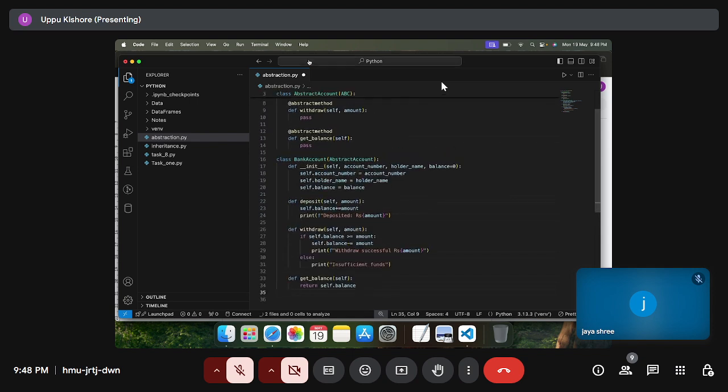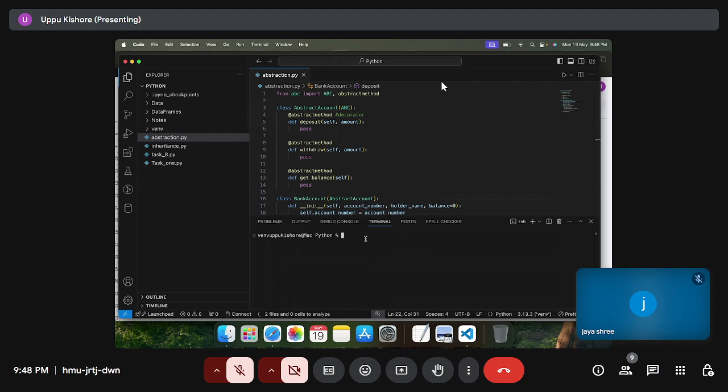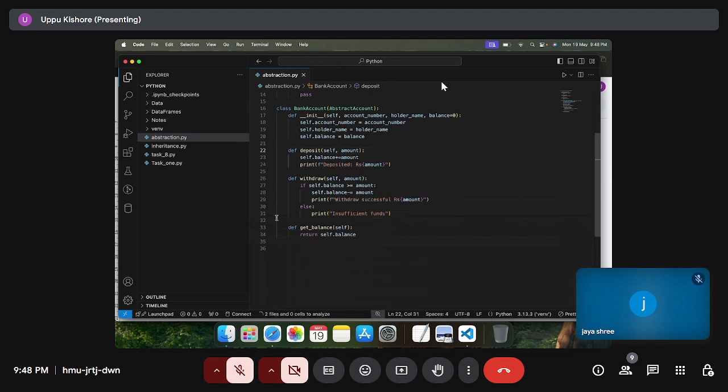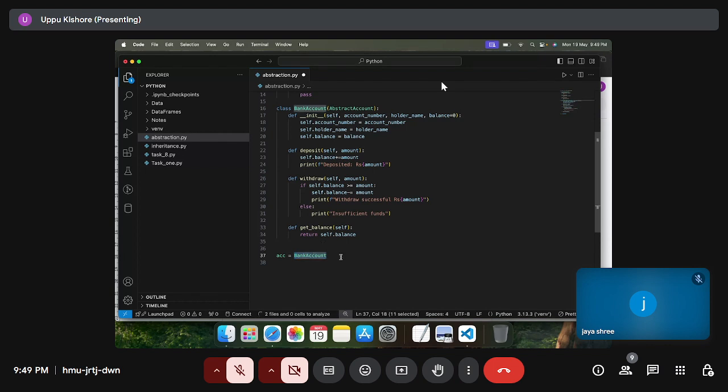So then we'll execute this. Okay, sorry. We have to create an object and we have to call the methods which we need, right? So we have to write a use case. I'll create the object. For bank account we have to create the object now. How to create the object? Object name equals the class name, for which class we have to create the object. So for bank account I want to create the object,